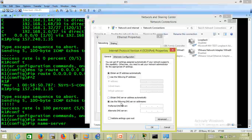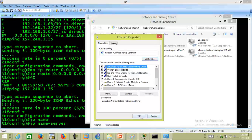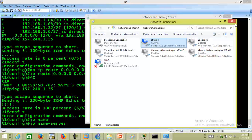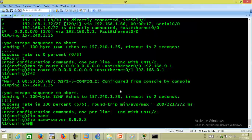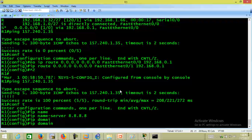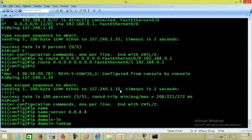So you assign some DNS servers here, because otherwise, if you don't do that, we'll have to browse the internet using IP addresses. So you can say ip name-server and give it any DNS server that we want. Now we say ip domain-lookup, the one that you are negating